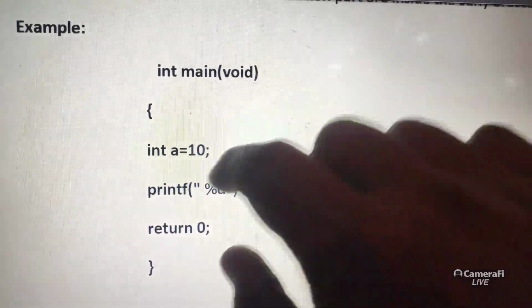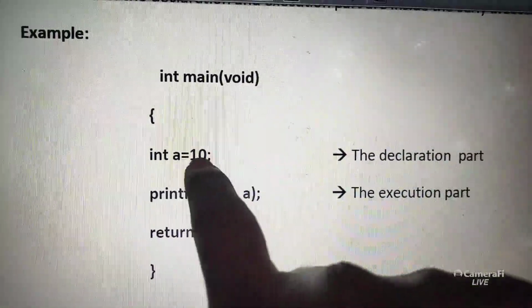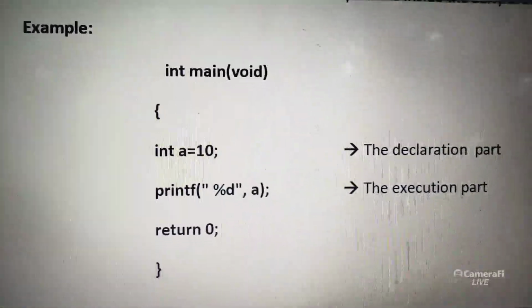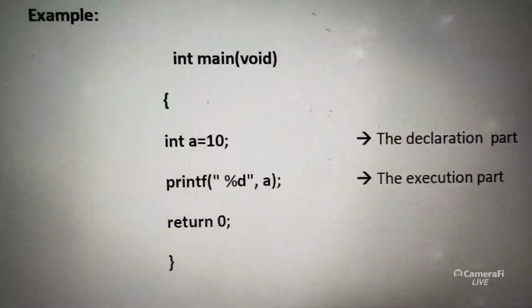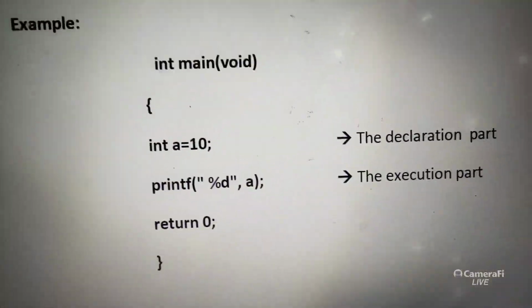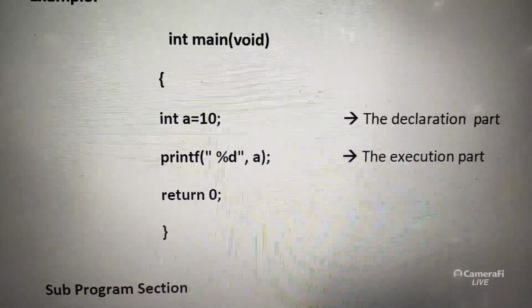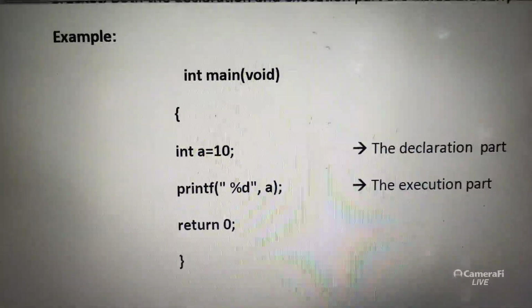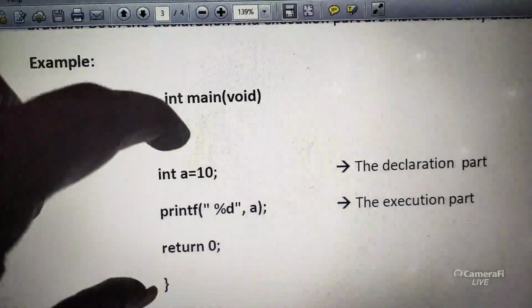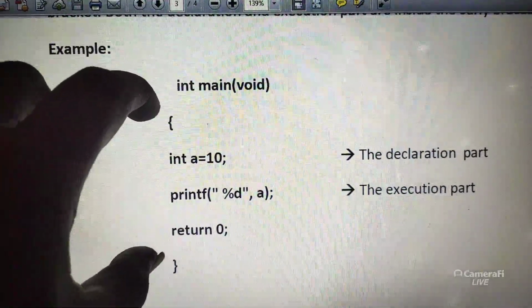Something you should write, for example, a equal to 10, a variable declaration. I am going to print the value in this code, for example. Okay, just see. Later we will learn what is int, what is printf, what is scanf, everything we are going to learn. Right now you don't need to understand the program, just observe. So this section is called main. Main is compulsory for every program.